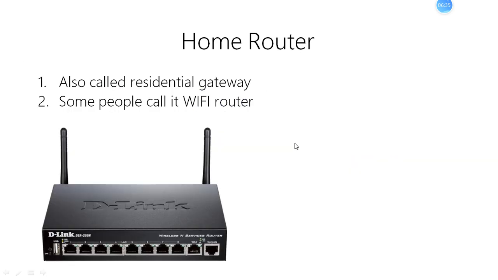Okay. This is a home router. It's a D-Link router. As you can see, this is a WAN port. This port is used to connect to the ISP, and the other ports, you can connect the RJ45 connector directly to those ports so that you can connect to your PC at home, or use the Wi-Fi signal,